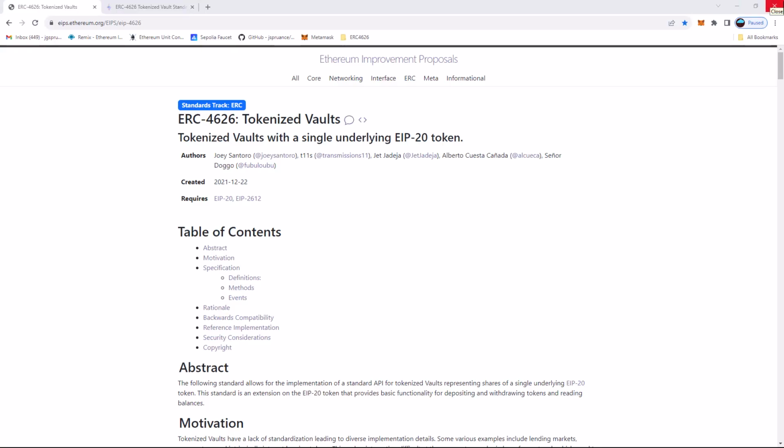Now I mentioned that we'll be creating our vault using the ERC4626 standard. So ERC4626, which was approved in May of 2022, provides a common API for creating tokenized vaults. It's actually an extension of ERC20, the token standard, so you can think of it as a token with vault-like capabilities. Prior to this standard, various DeFi protocols were implementing vaults in many different ways, and developers basically had